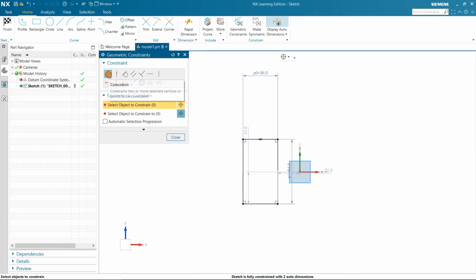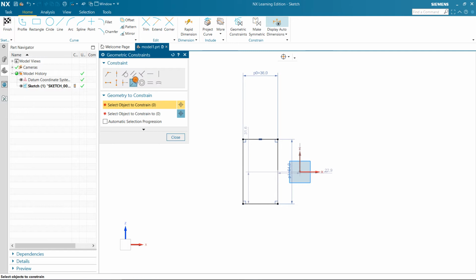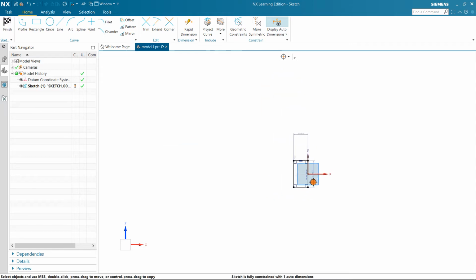and I will do collinear. For the select collinear, line number 1, line number 2, and close.